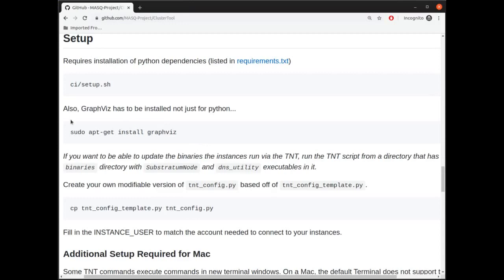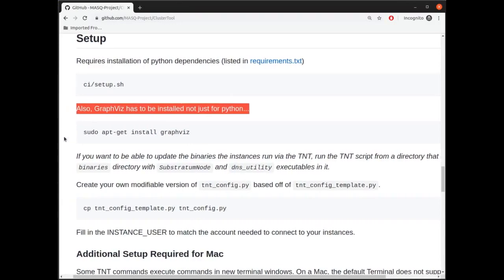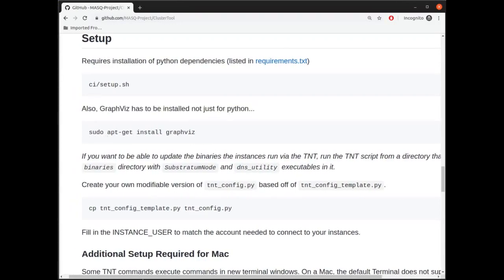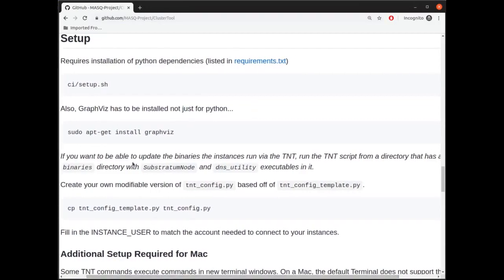Okay, so it looks like the next thing to do is to install GraphViz, which is the thing that makes the graphs of the neighborhood. It's probably going to look a little bit different on the Mac. You might use Homebrew to install it on a Mac. I don't really know. I don't have a Mac, but it should be fairly easy to go to the GraphViz website and figure out how to install it on your Mac.